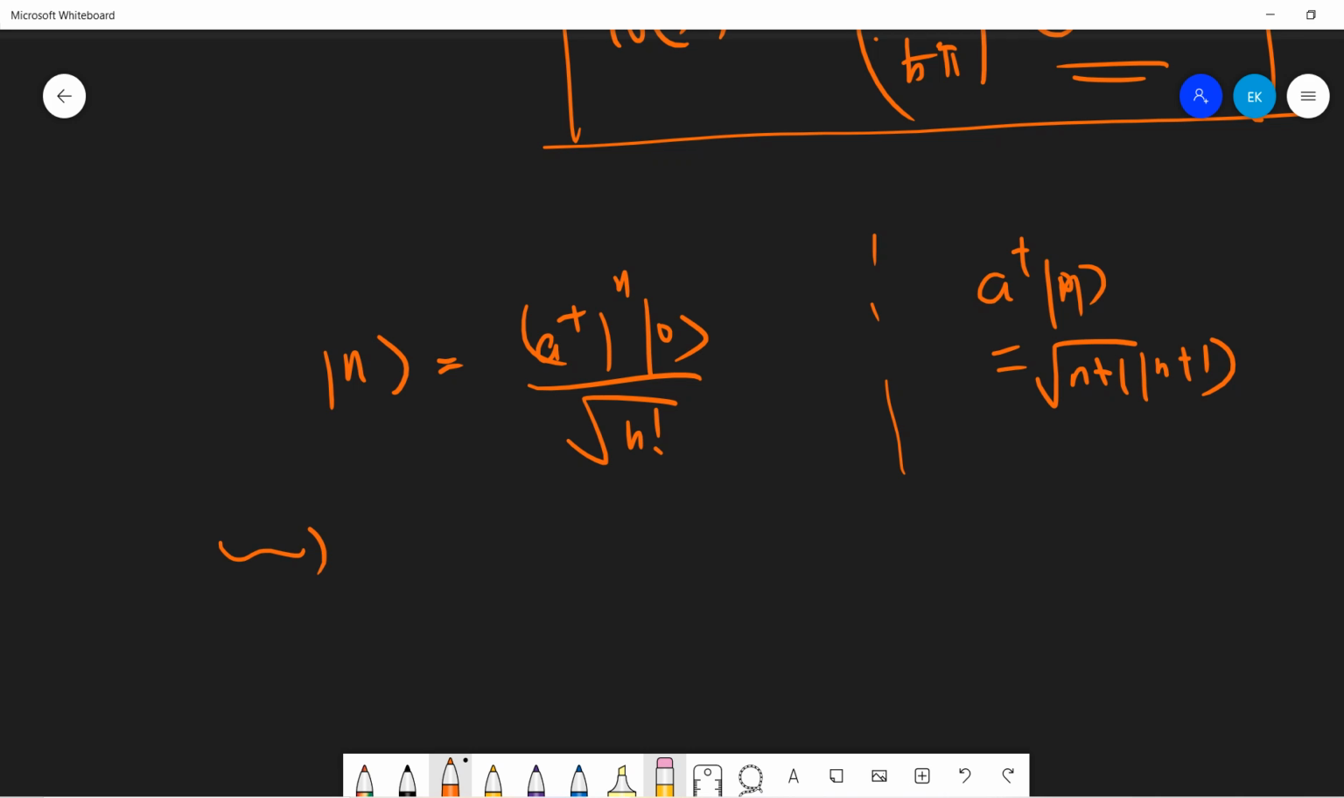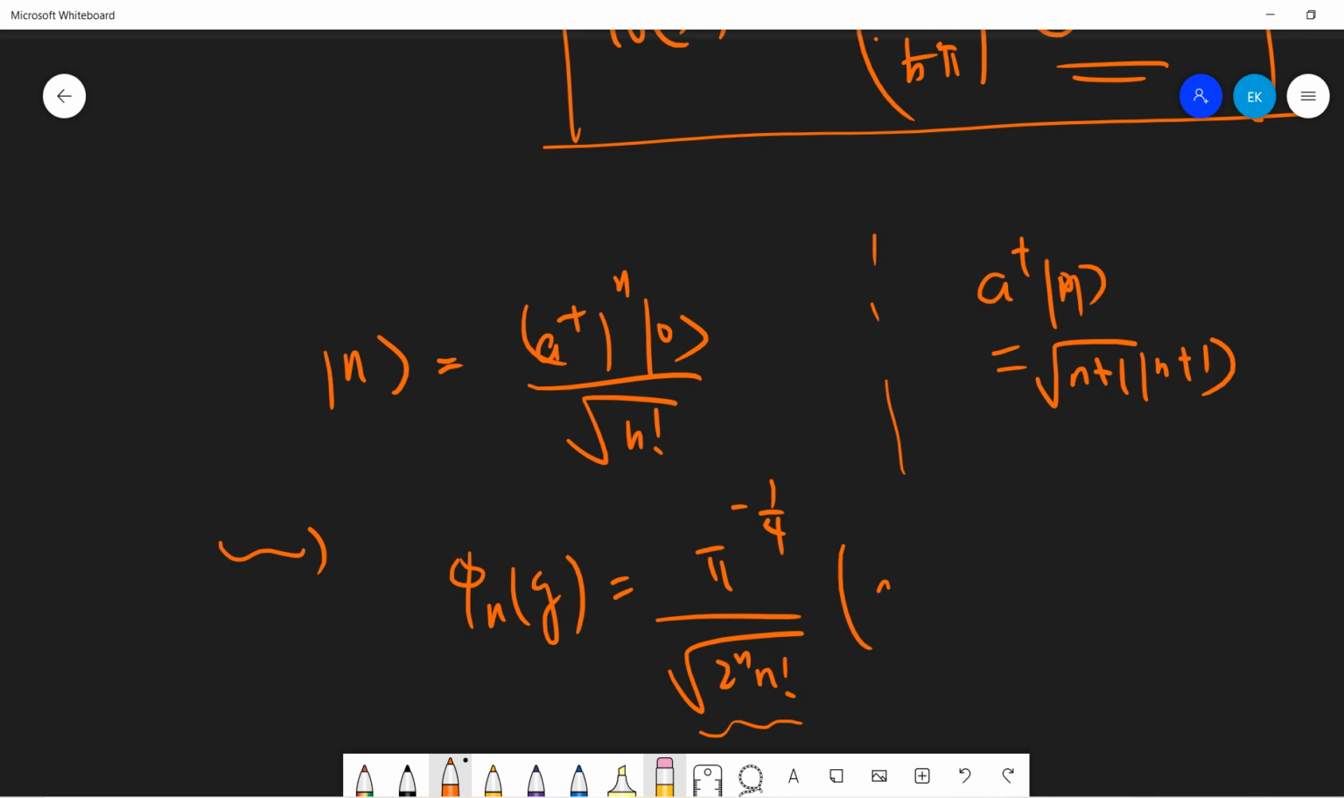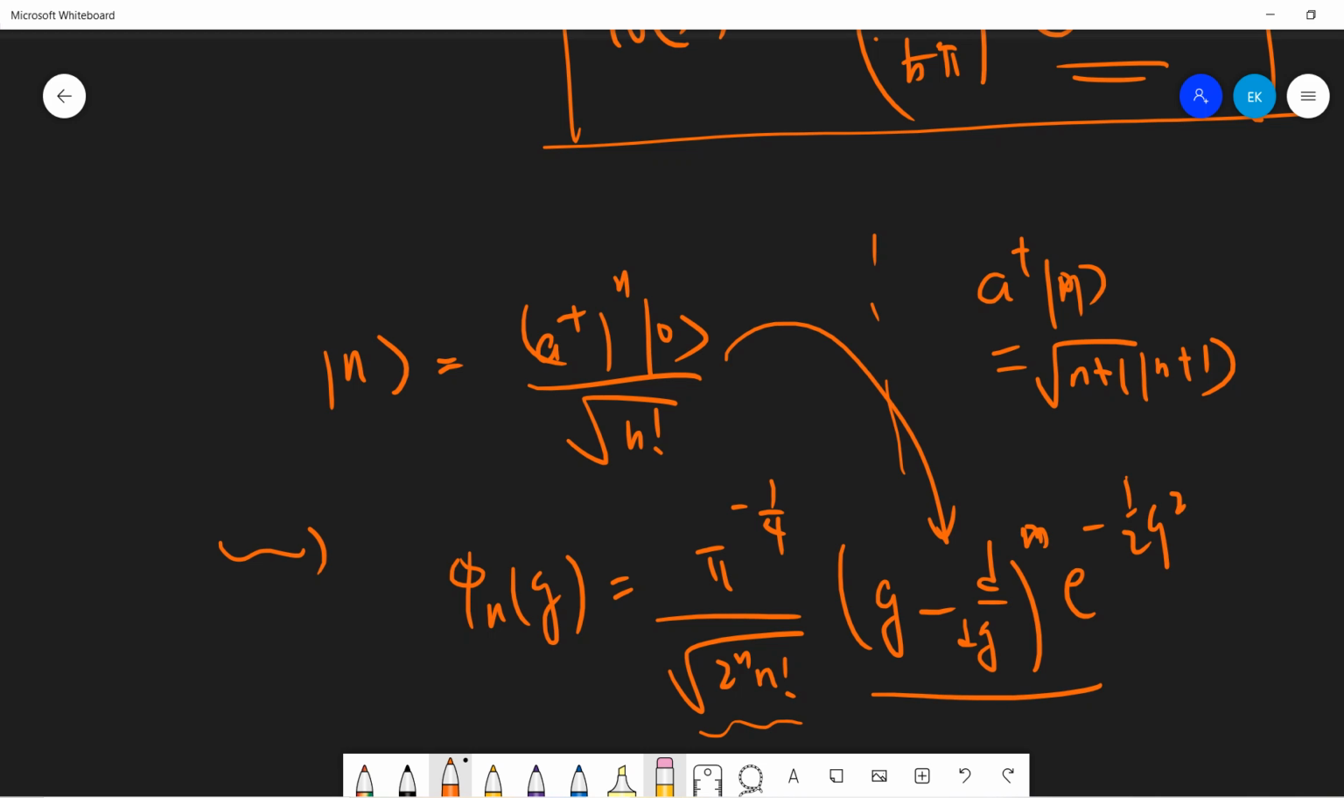And if you use the commutation relationship, then you can get this phi n of q will be pi to the one over 4, and this square root of 2 to the n, n factorial. You don't need to care about this coefficient, right? So q minus d dq to the n, because this is the ground state, right? So you just keep using a dagger as the differential operator and act on it n times, and change this. Okay, so from here you can see this is exactly the